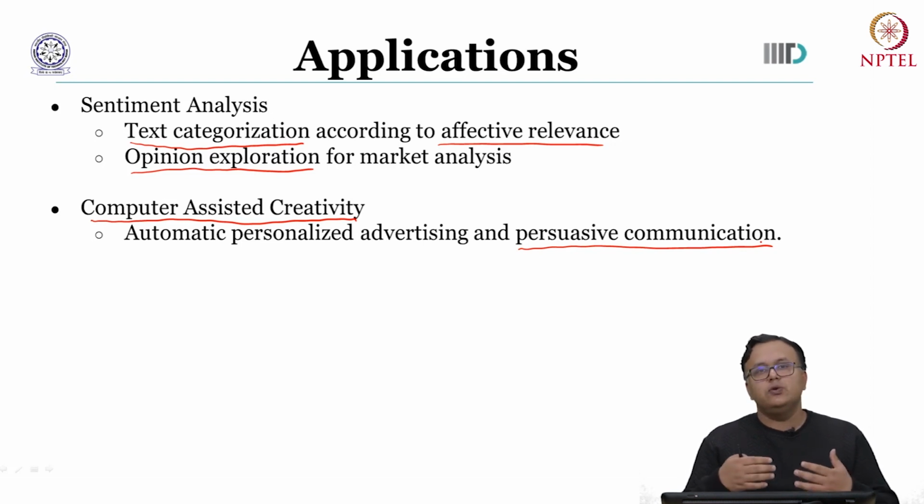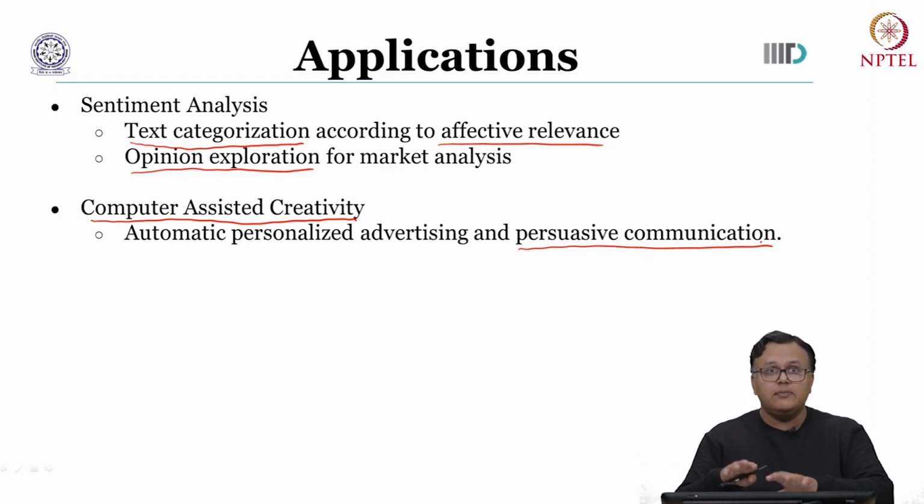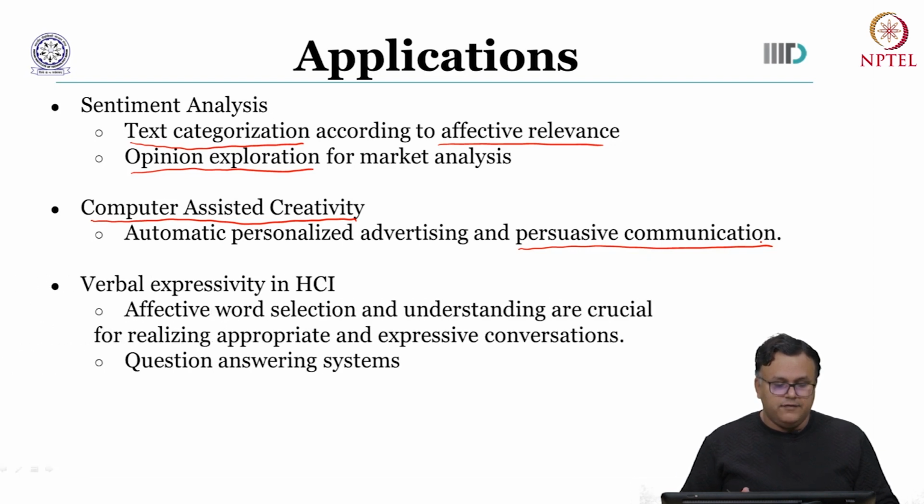Let's say the text which you read in an image based advertisement is using words which are conveying, let's say, the excitement which a product could bring to a user, right? So that can be conveyed within that text, through how the framing of the text is done. Further, for adding expressivity in human computer interaction, we use the emotion which is reflected through text.